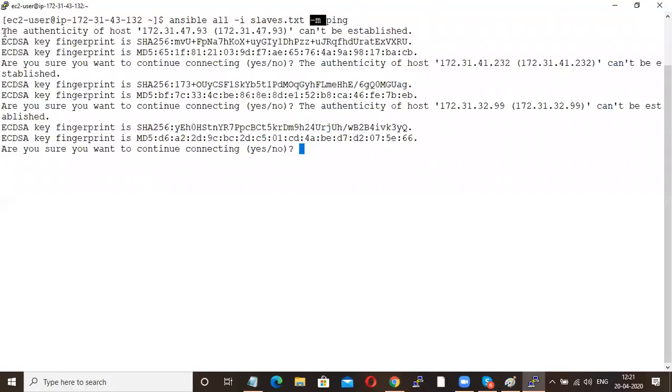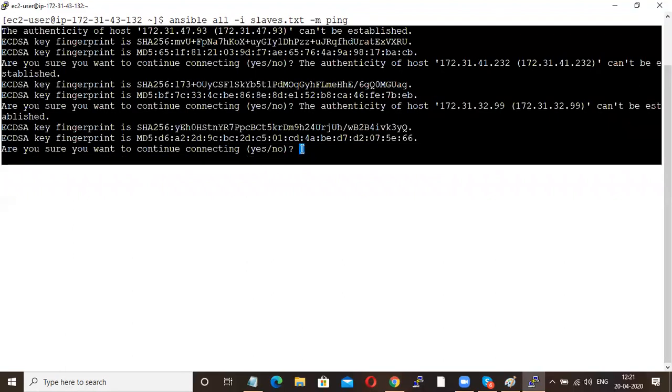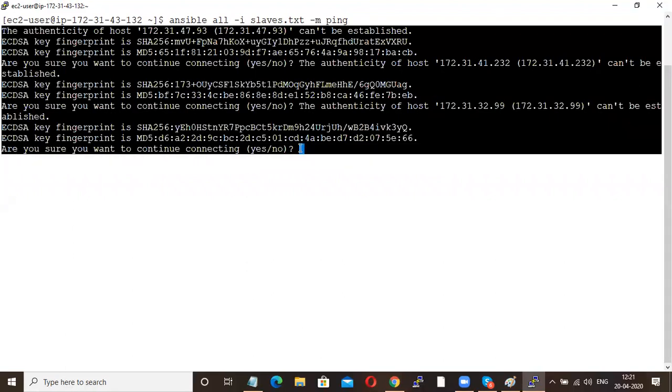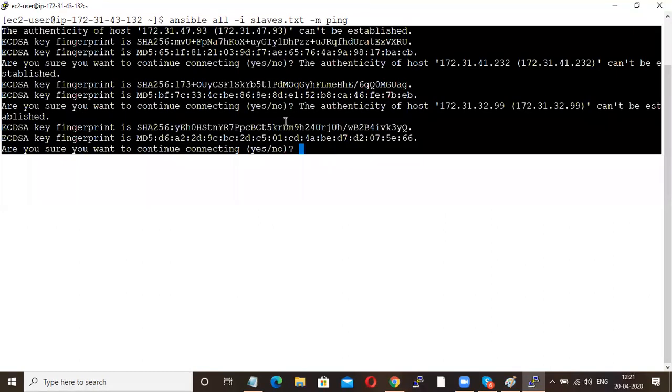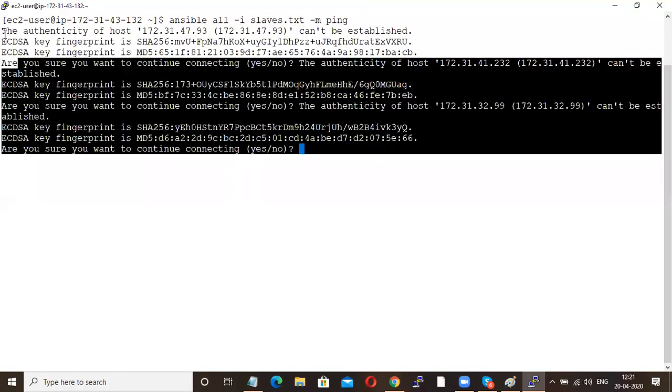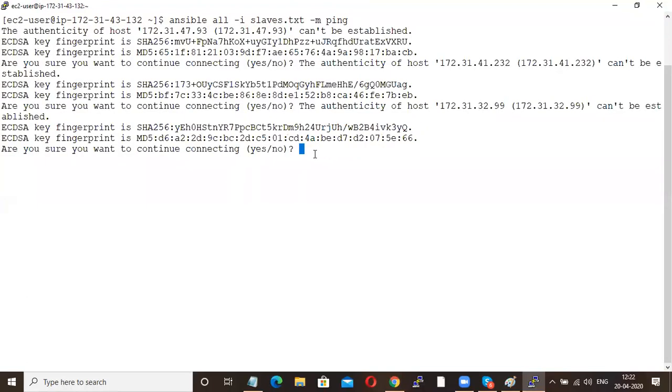So this is an AWS concept. Whenever you are connecting to the IP, you will get a prompt like this when you do SSH. If you have worked with VPC in Linux, you will see this, right? Now see here, you have to give yes. Now you are working with only 2 to 3 machines, so you will give yes. But just think that you are going to work with some 20 to 30 machines. Every time you cannot give yes, yes, yes. Then there is no automation at all.